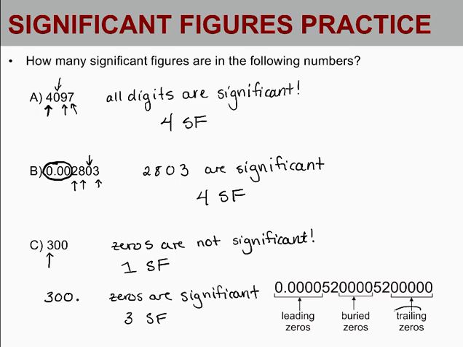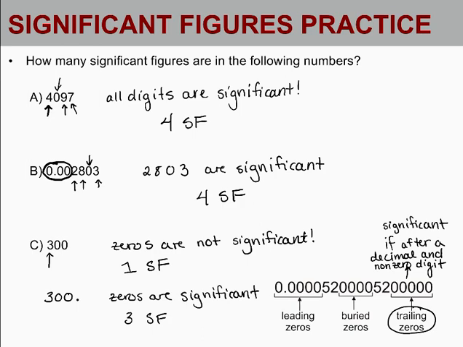So sometimes trailing zeros are significant, sometimes they aren't significant. In general, if these come after a decimal and a non-zero digit, they are significant. So I'll put at the top: significant if after a decimal and non-zero digit. Okay, now there are some tricky numbers here that we went over, but hopefully this helps a little bit with